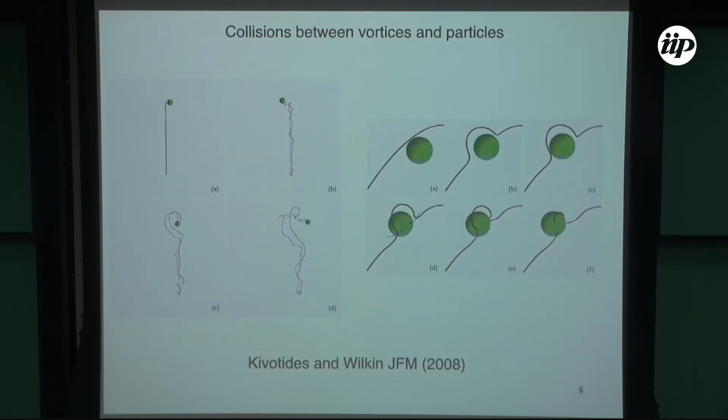There's some hint of maybe what is the thing that we should look for in this paper by Kivotides and Wilking, published in the JFM 2008. So they studied the collision between vortex rings and particles, okay, and in some examples it was interesting that you had vortex rings being produced after the collision. So the collision can produce vortex rings, okay, and can also produce handles